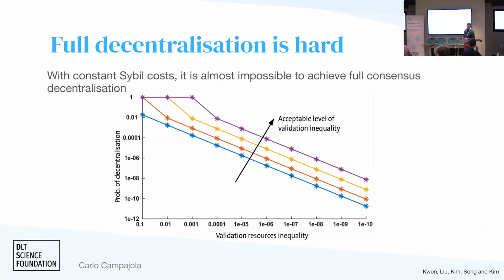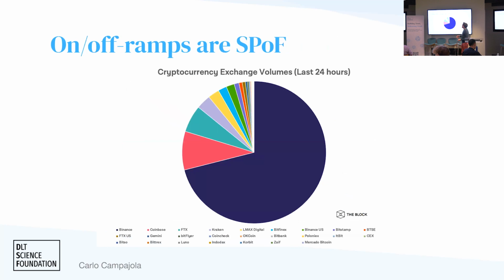This is pretty bad if you're looking for a decentralized system, and this is always for validation, right? And a secondary effect of this, as I said, is that you need on-ramps and off-ramps for miners, for validators to pay their own costs, because they need to exchange this money. You end up with the situation that we had last year.